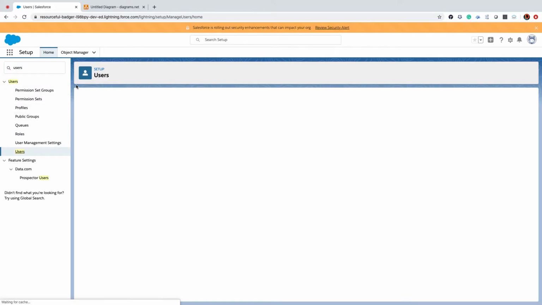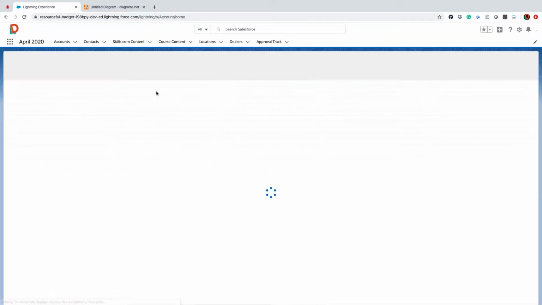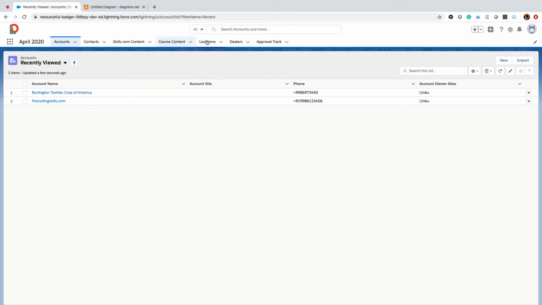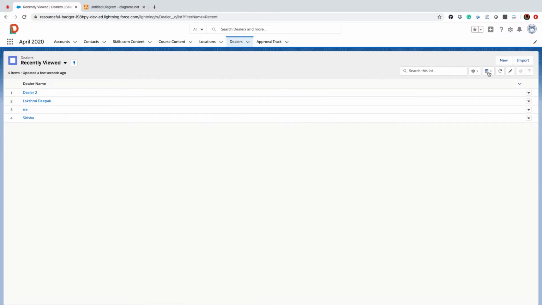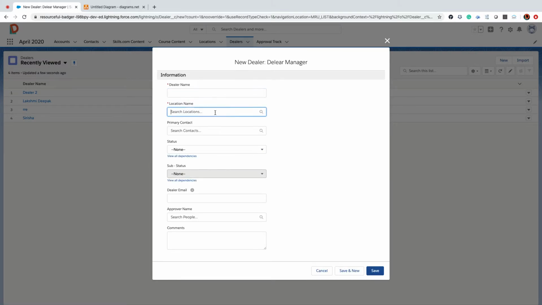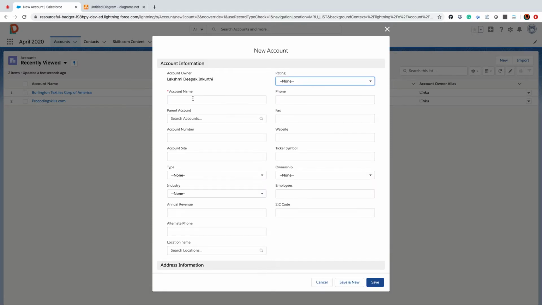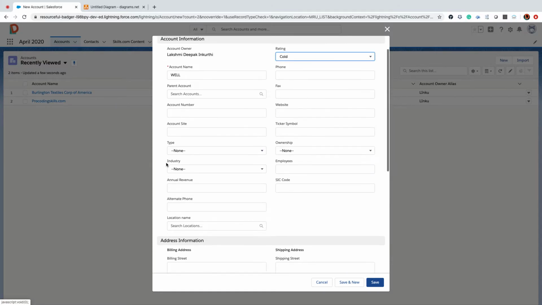Now I'll go back to my users. Now let's say Sunil came, he created an account saying sales, let's say, well account from Bangalore, rating equal to cold, and he is saying that he wanted to create this account from Bangalore.